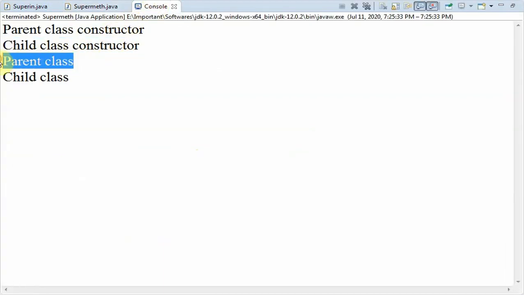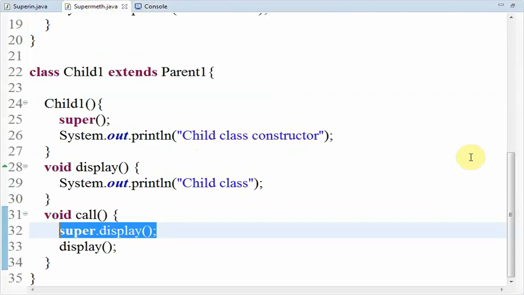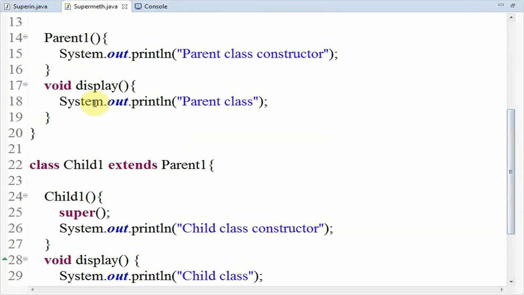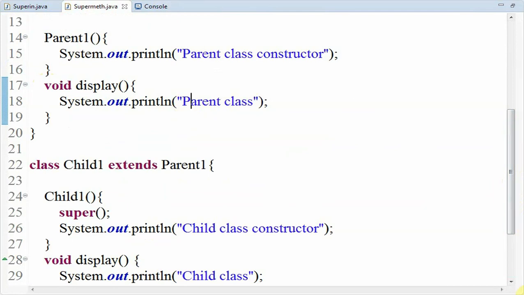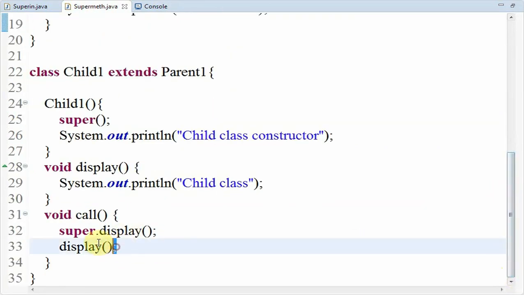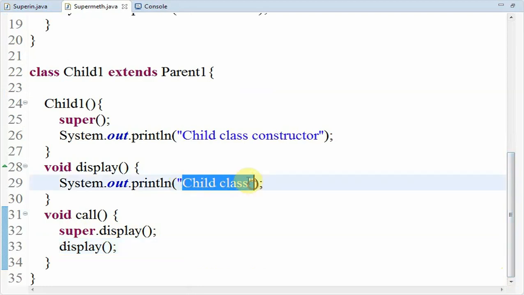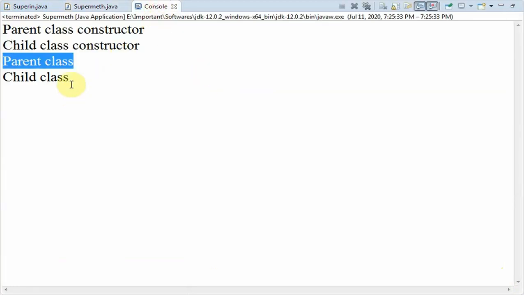It is invoking the parent class's display method, which is here. So parent class will be printed first. Then the display method will be called and child class will be printed next, in the next line, which is this.